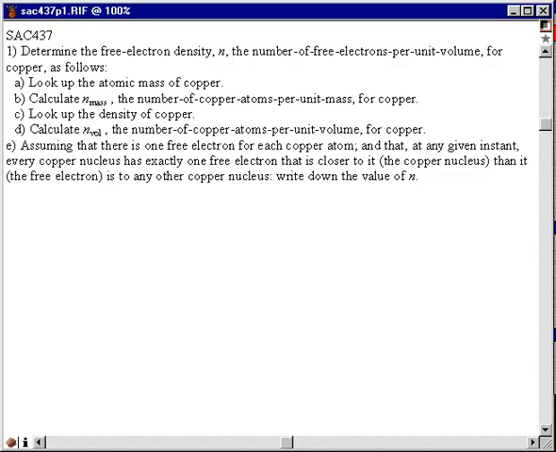Problem number 1. We're supposed to determine the free electron density, that is the charge carrier density, for copper. We're supposed to start by looking up the atomic mass of copper. I'll use the symbol M, and on the periodic table in the back of your textbook, it's given as